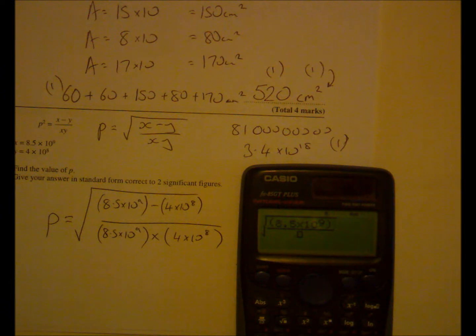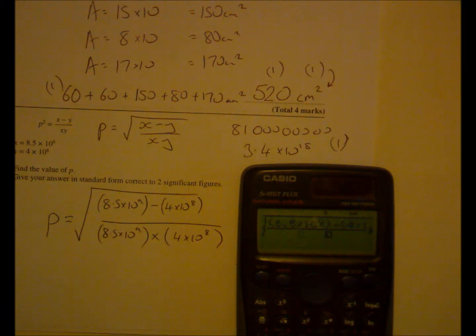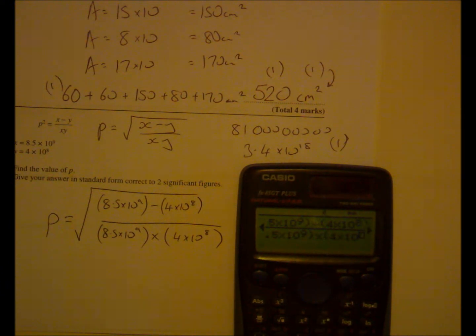I'm closing my bracket there, subtract 4 times 10 to the any power. I need a power of 8 this time, navigate out, close bracket. Typing in exactly the same two numbers that I've just typed in, navigate out, close bracket, times this time 4 times 10 to the any power 8, navigate out, close my bracket,